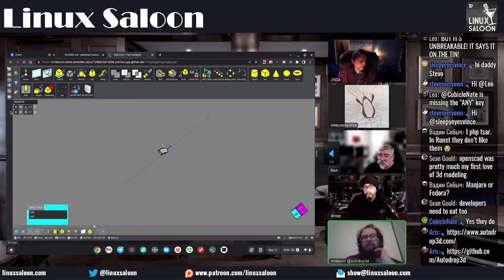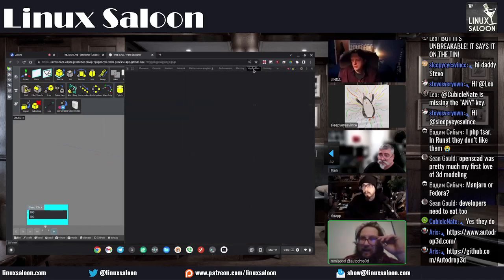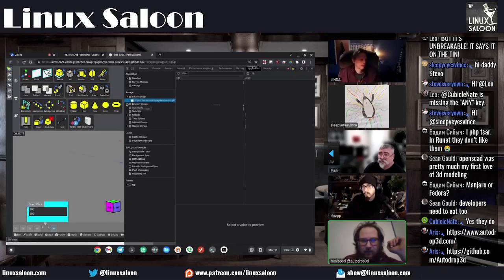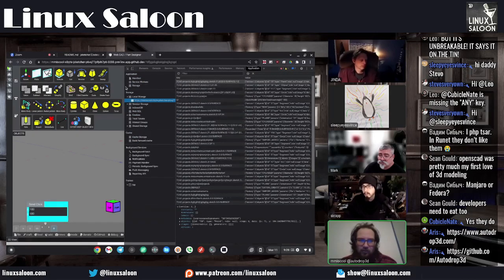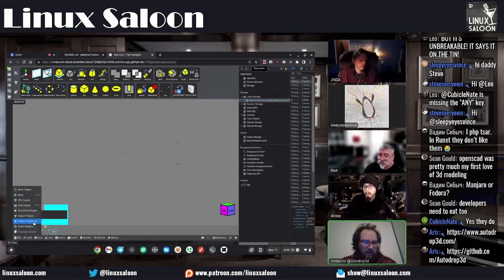So here's the thing: everything is actually stored in local storage. If we do an inspect and look at the application tab here, the local storage is where all the files are. So local storage is where everything gets stored, which means it's only in your browser. You can export, though. You can import projects from here, and over here you can do a